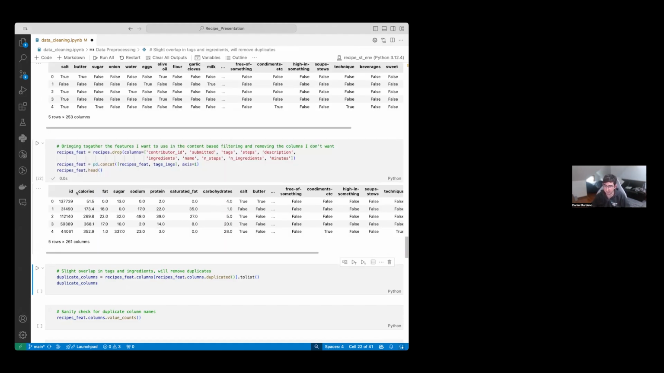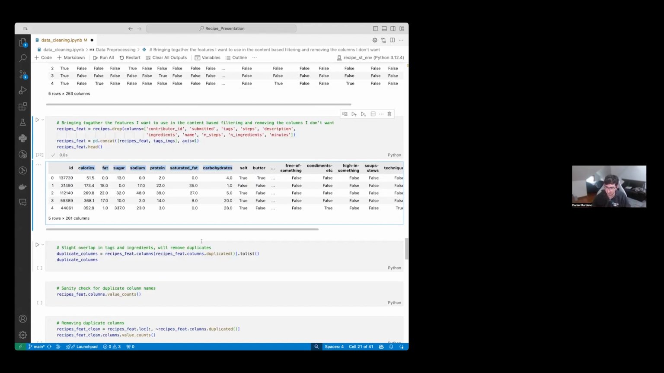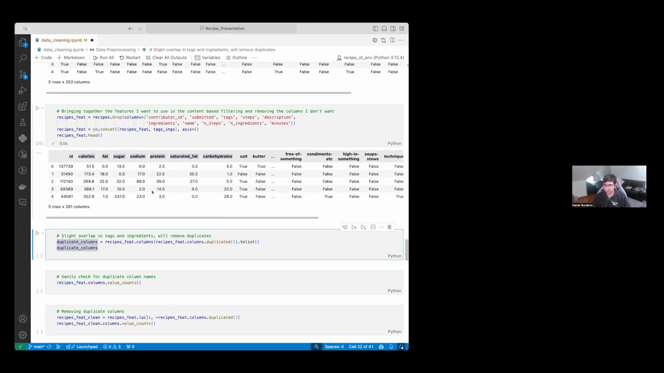So you see, I brought in my nutrition information. That's what I really wanted, because that can really help us compare recipes, right? Similar recipes you can think of as maybe having similar nutritional content, or at least some of them. That's important. So we want to include that in what we're going to call our features here. Now, if you've noticed,